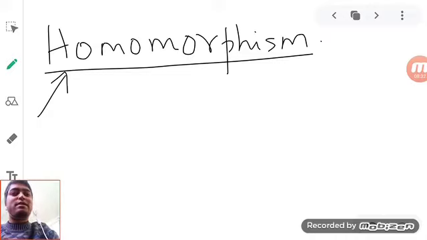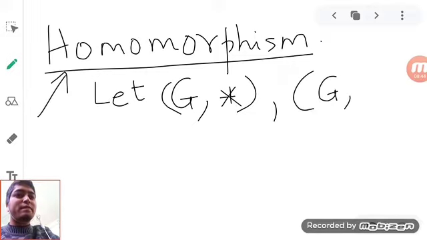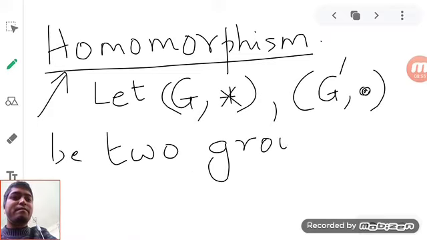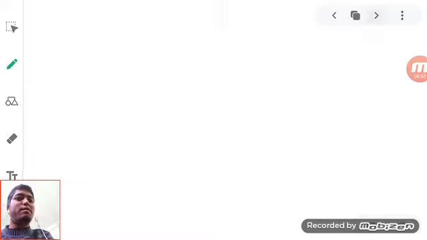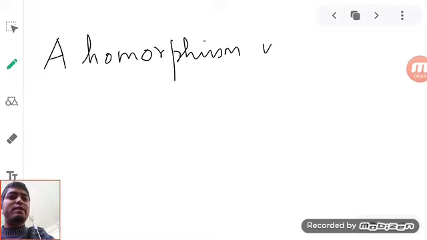Because we are dealing with groups, and groups are just sets, a homomorphism is a function between two groups. Let G, over here I will use G with the operation star, and another group G dash, with the operation O, be two groups, just to show that they are different. So what is a homomorphism? A homomorphism is a function